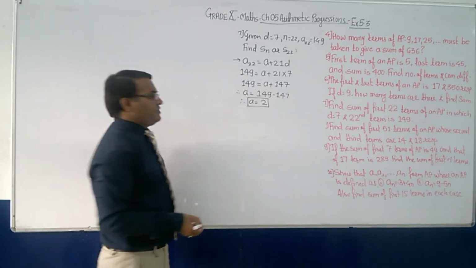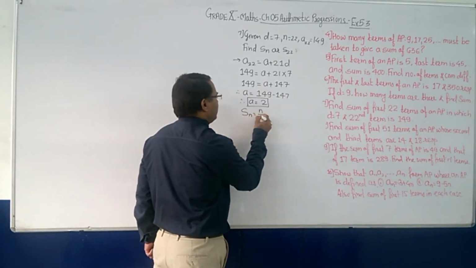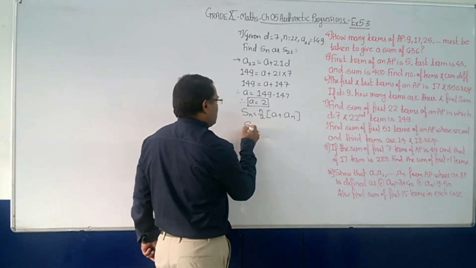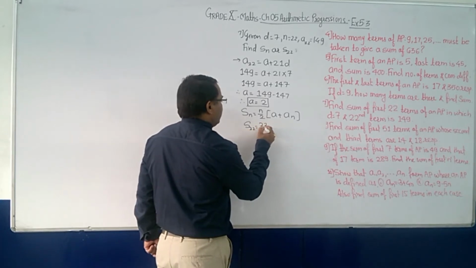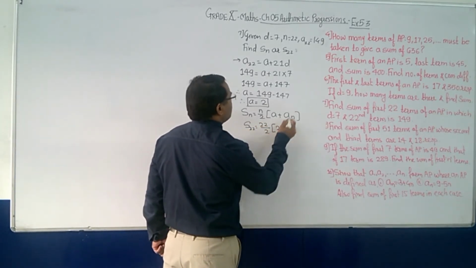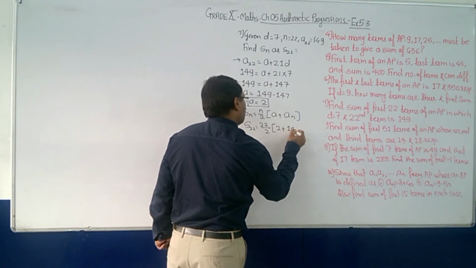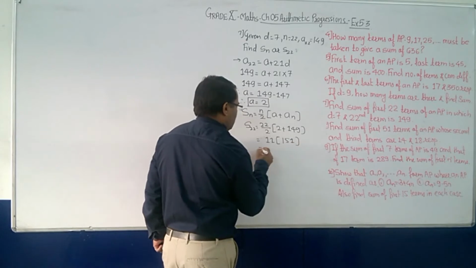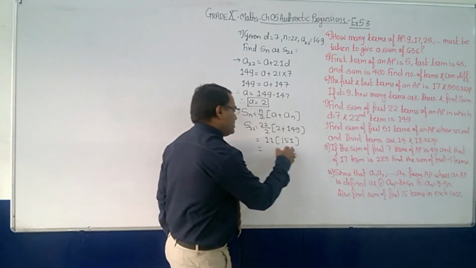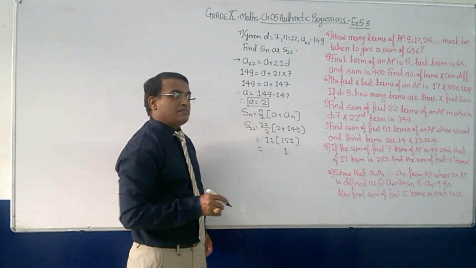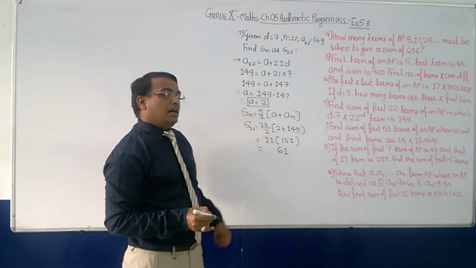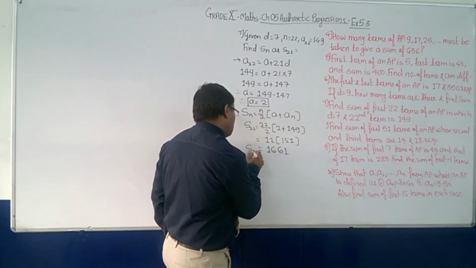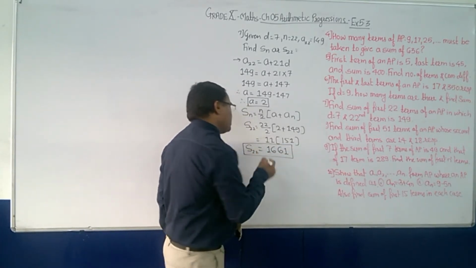Okay. Now you are free to use any formula for Sn. Sn is equal to n upon 2 times (first term plus last term). That is, S22 is equal to 22 upon 2 times (a equal to 2 and an, that is 149). It means 11 and then 151. Okay. Now 11 ones are 11, 11 5s are 55, and 1 carry, 56. Again 5 carry, 11 ones are 11 and 5 is 16, so 1661. So your sum of the first 22 terms is nothing but 1661.